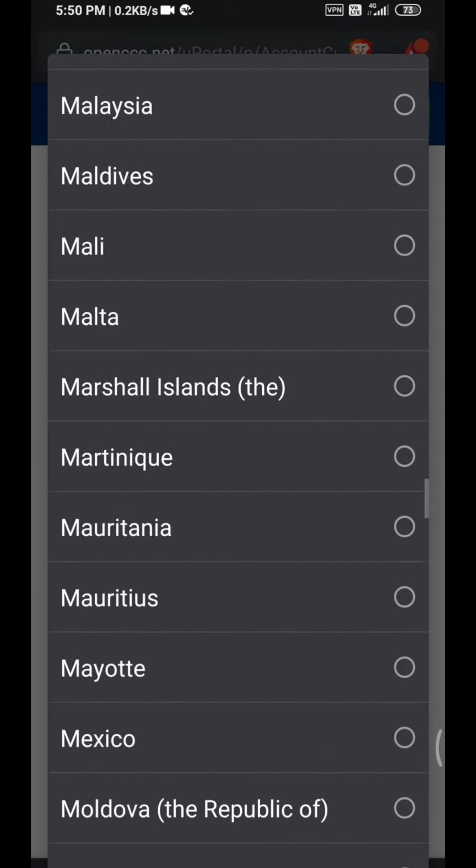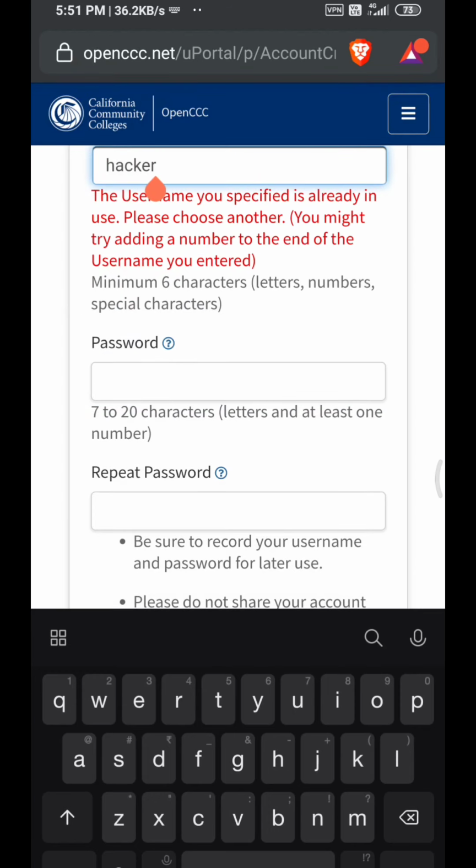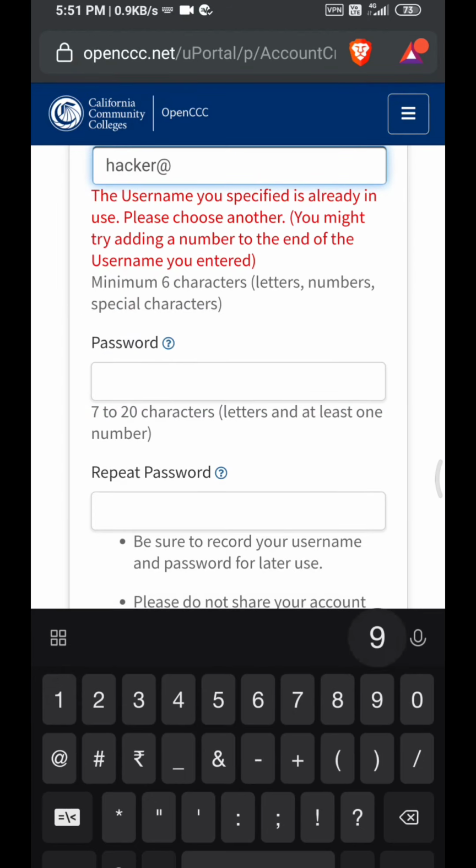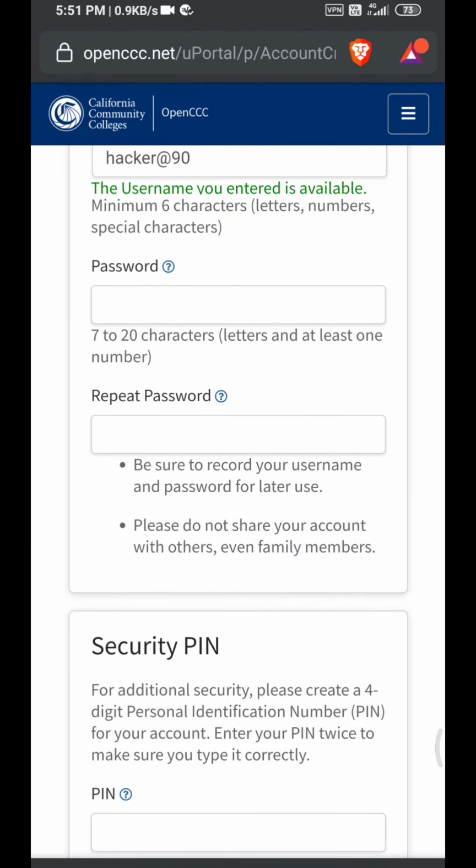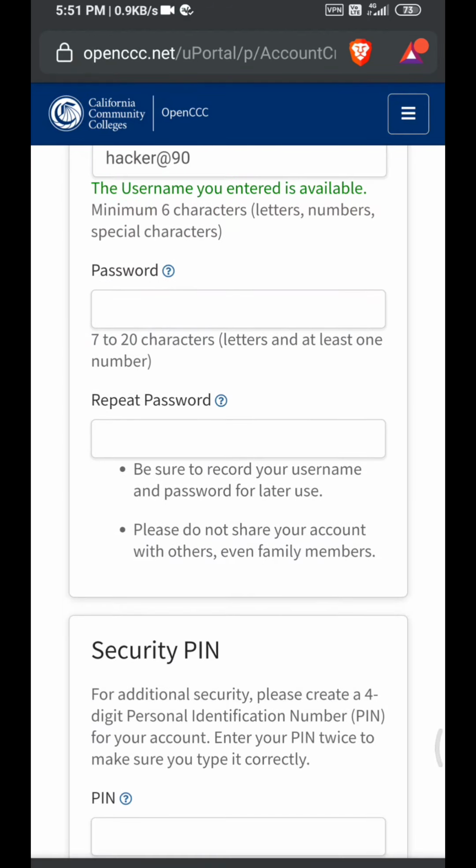So username, password. Username, you have to give in your username. So it's not valid, so we have to give a username having letters, numbers and a special character. So in that I am pausing my password. So after filling the password, you have to get security questions, so answer all of them with what you like, because if there is password recovery, we have to give the answers.